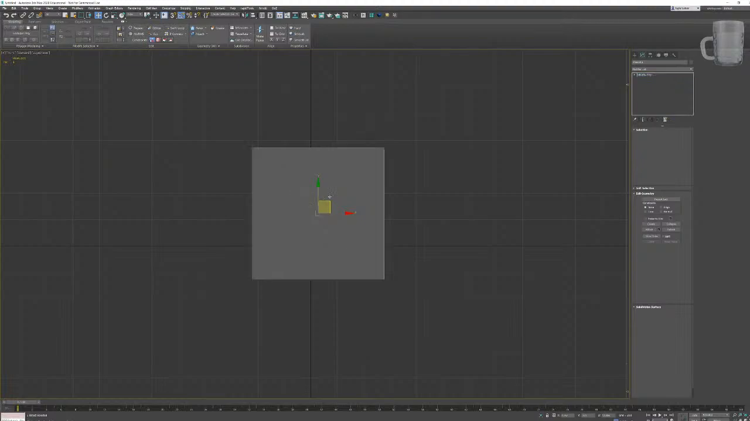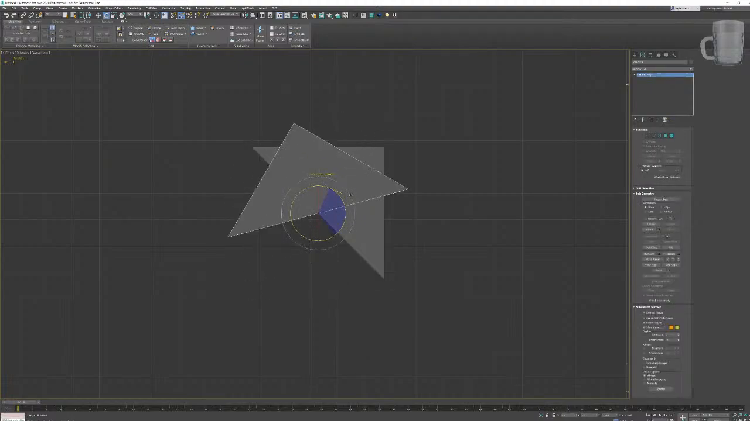Okay, we'll take this one and rotate it 90 degrees. And then